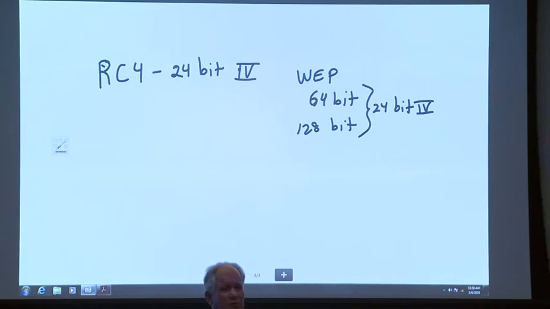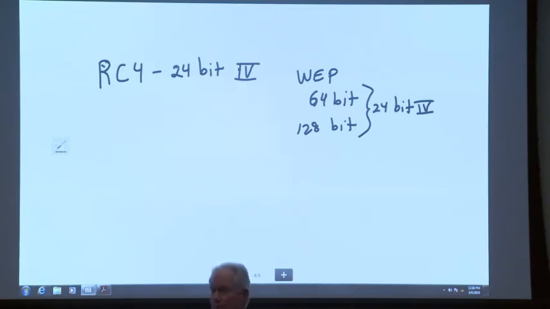What percentage of people still use RC4, or still use the web encryption algorithm on their access points? 40%. Why? This was broken 21 years ago. A lot of people go down and buy their access point at the Goodwill because somebody just donated it. Goodwill's not going to throw it away. Somebody buys it, they take it home. They go to use this without any consideration about updating the access point or the fact that this is not a secure protocol,